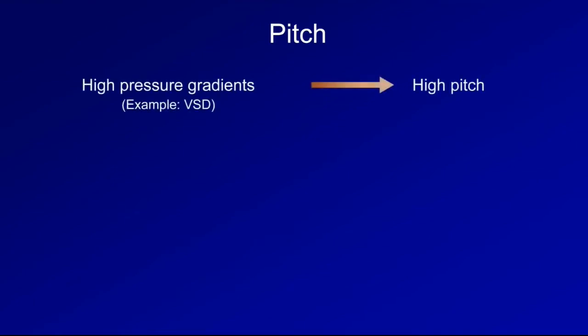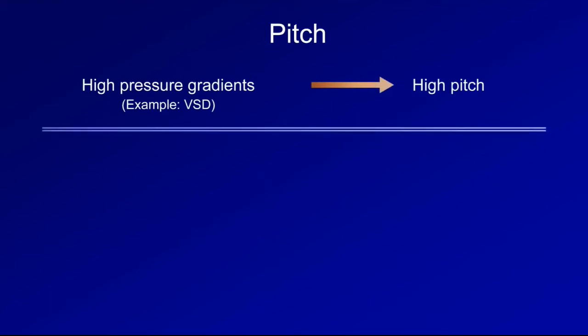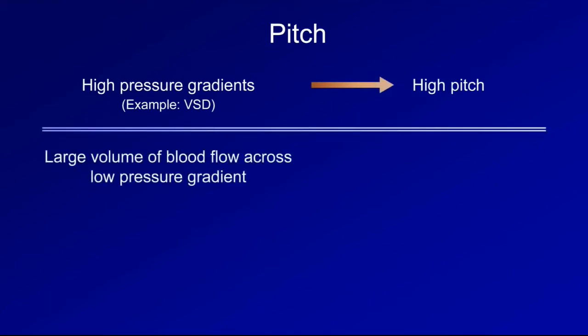The next characteristic to discuss is pitch. The pitch of a murmur is most directly related to two factors. First, high pressure gradients such as a VSD tend to produce high-pitched murmurs. Second, large volumes of blood flow across low pressure gradients, such as that in mitral stenosis, tend to produce low-pitched